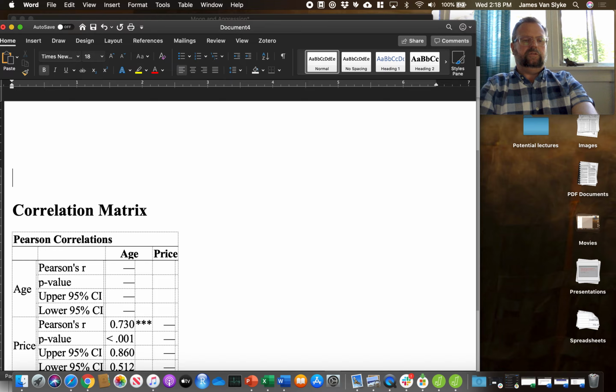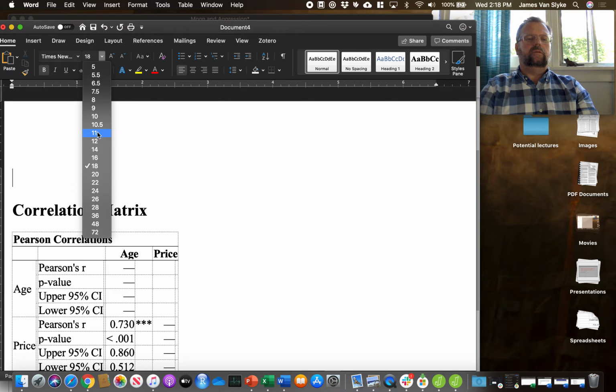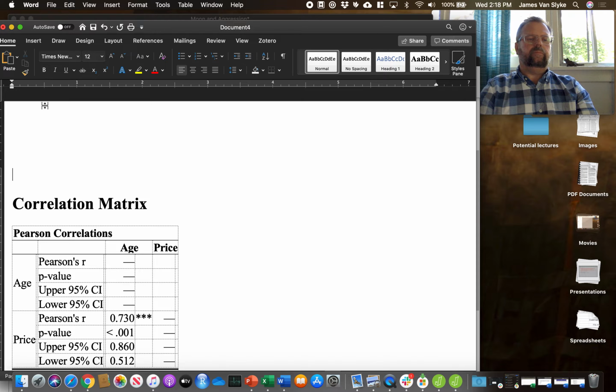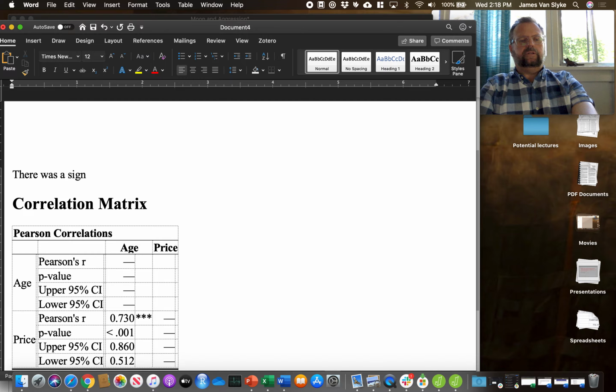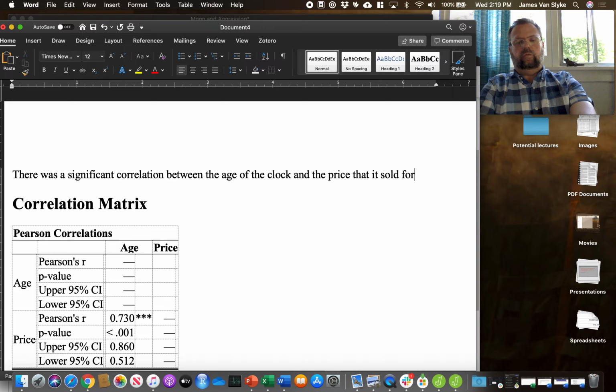So we'll write: there was a significant correlation between the age of the clock and the price that it sold for,